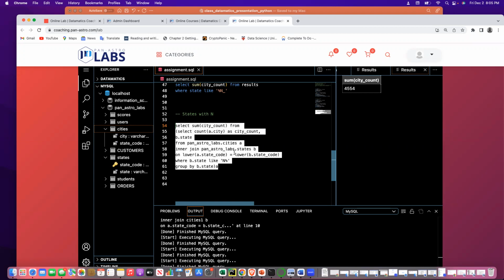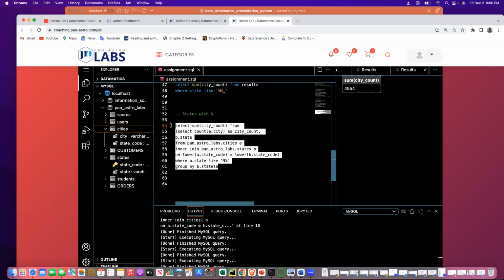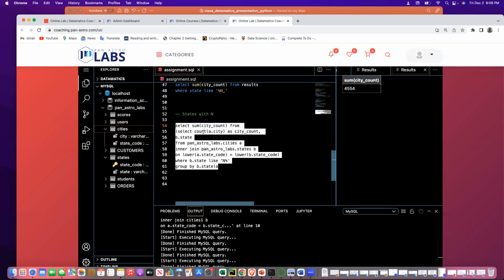See the instance whereby I can decide to take off this lower. This lower is just to show you another trick, in case the values here, one is uppercase and one is lowercase. There are data errors like that. So you can learn from this. There are different ways to write it. The most important thing is for you to understand your data. If you can do this, you can fix any problem confidently,